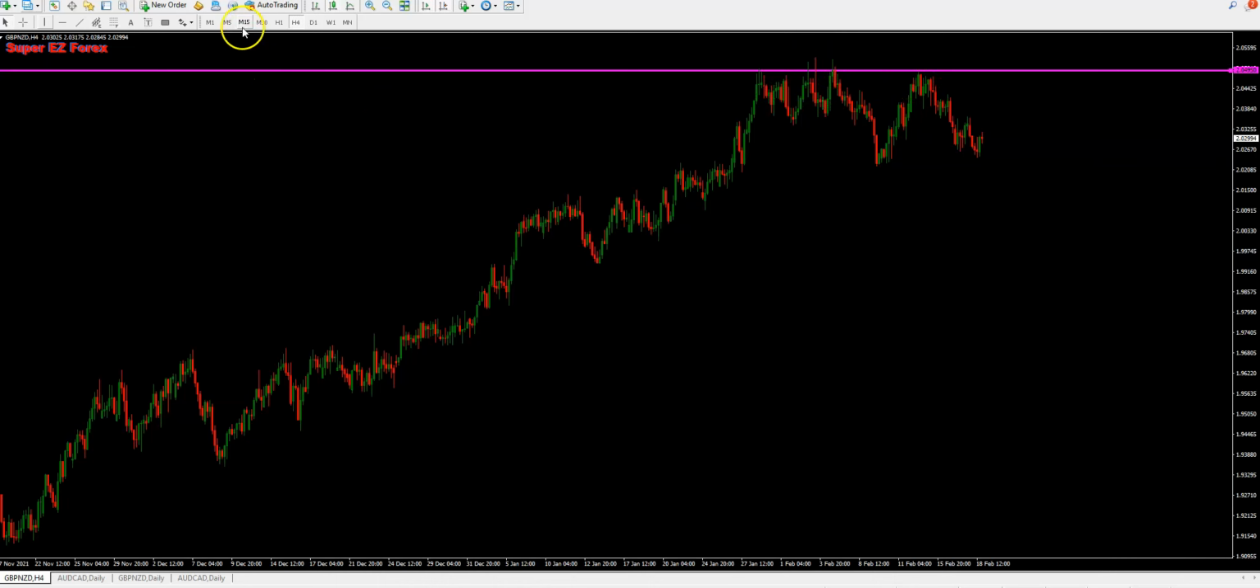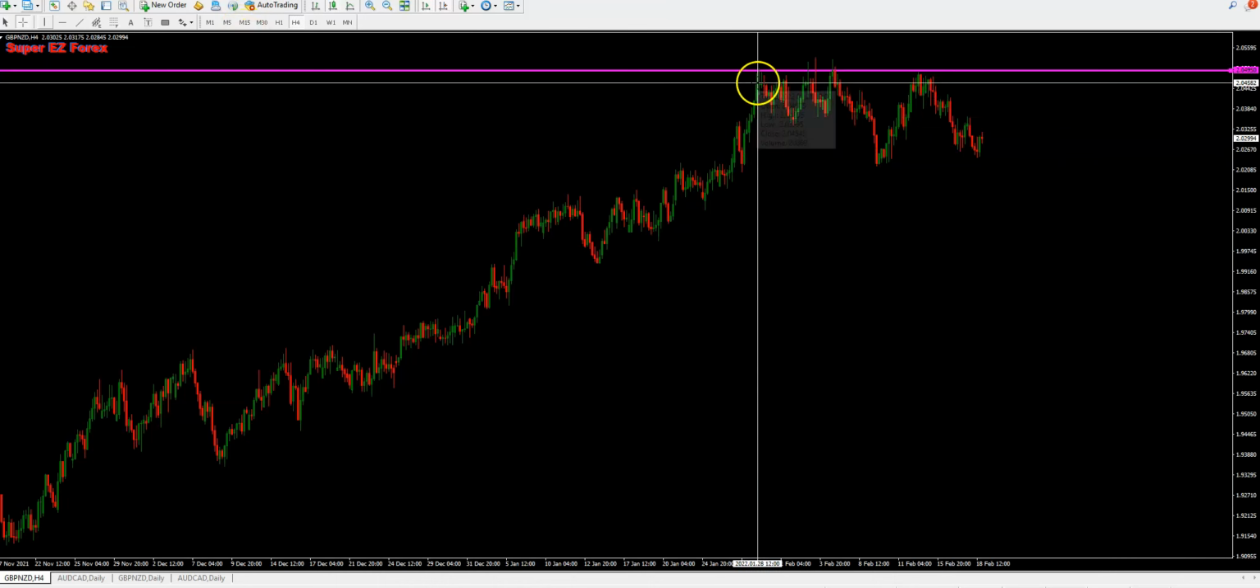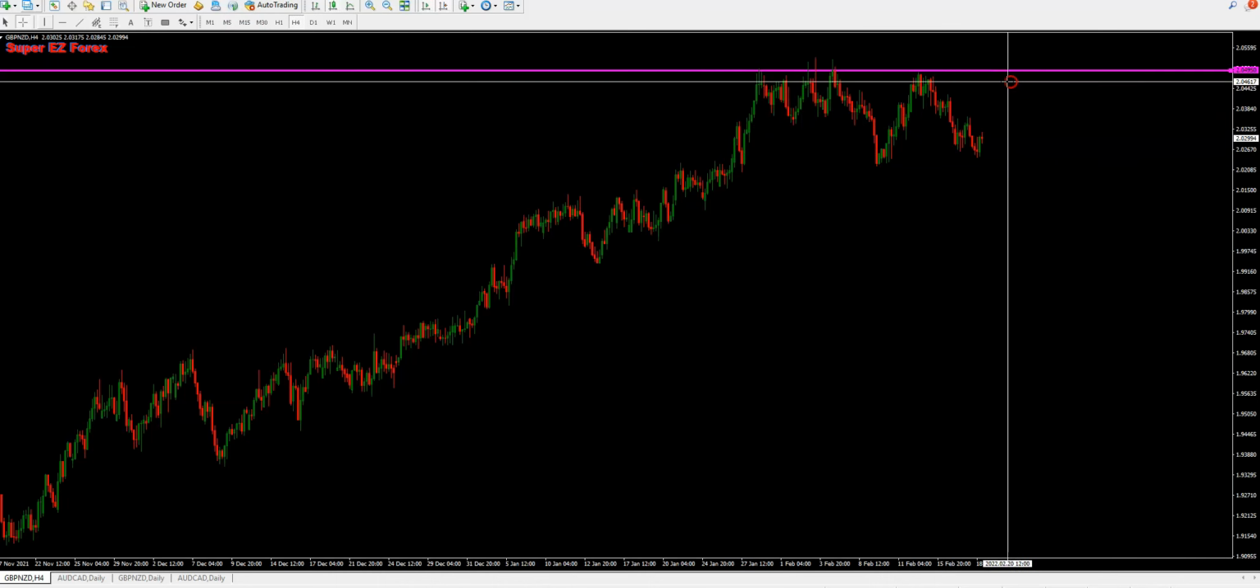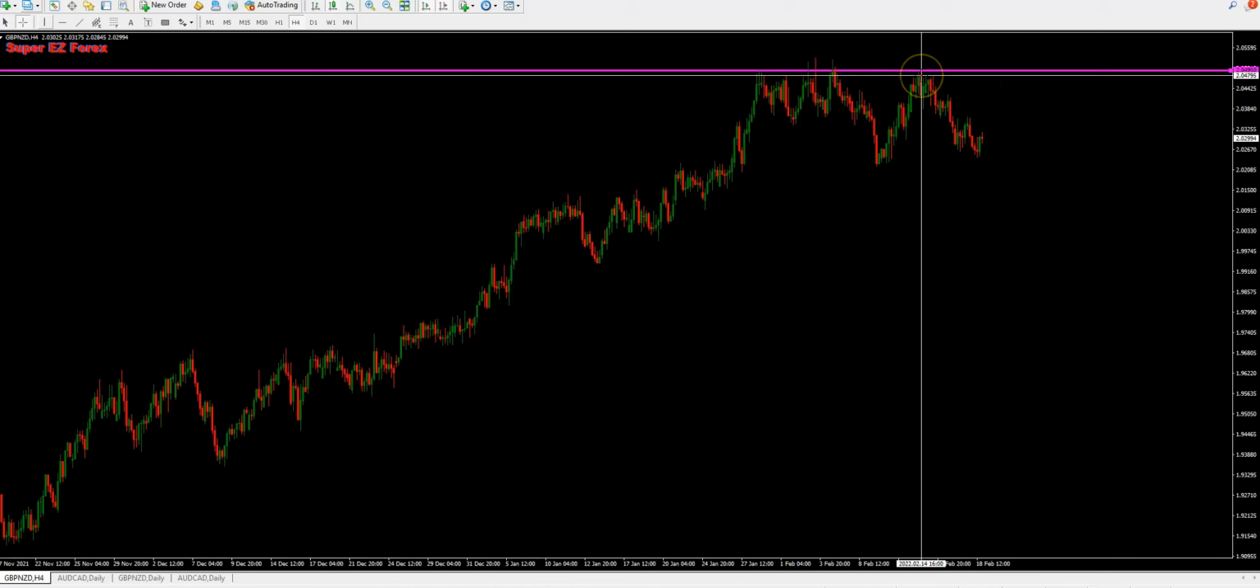So now I jump to the 15-minute, and let's see what date this was. This was ranging from the date of January 28th, and it was hanging out in this area all the way through